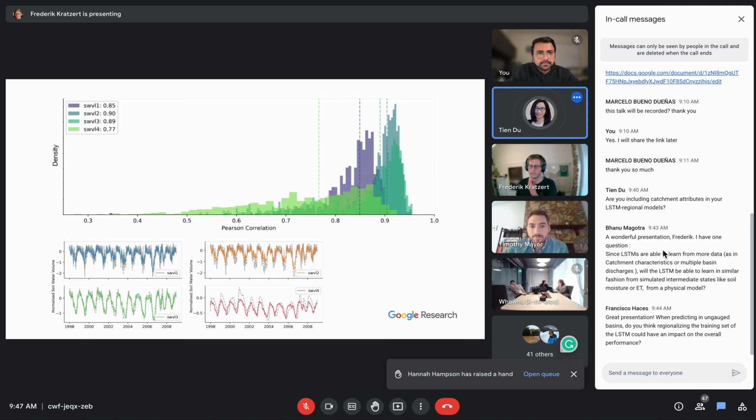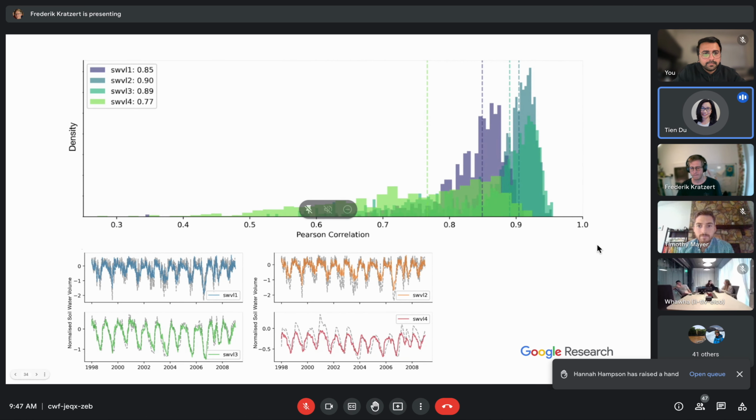Thank you so much for the presentation. I really enjoyed it. I always wondered if LSTM can predict extreme events, and through your presentation I can understand that it is actually possible. I also noticed in the video you showed the difference between the catchment attributes and how the runoff comes out from that.